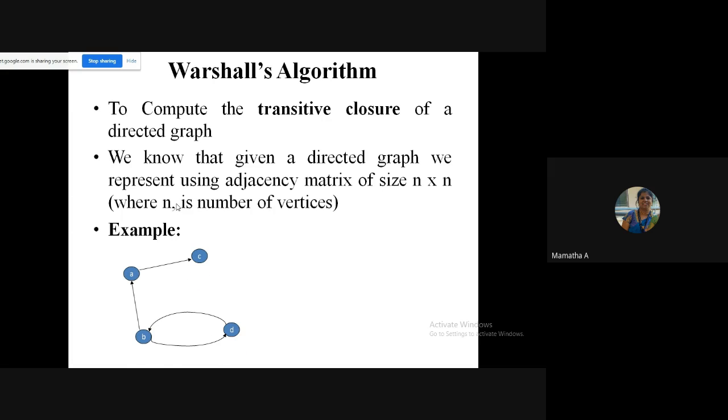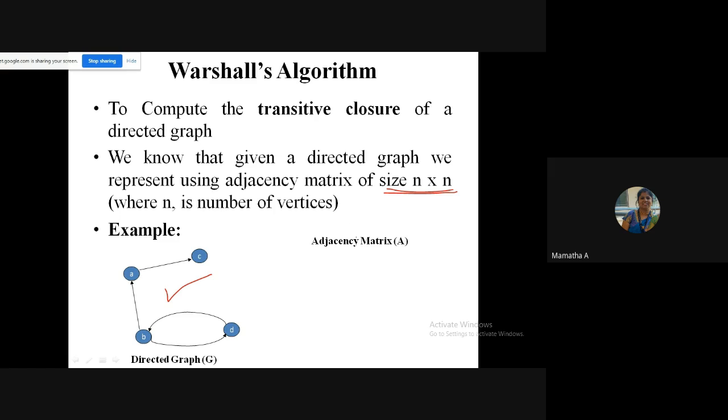Fine. So I'm just giving you an example here. So this is your graph, a directed graph. You can see the graph which I'm showing, all the edges are directed. So I have to draw one adjacency matrix for this. So how many rows, how many columns will I take? What is the size of my adjacency matrix, students? Quickly, for this graph. For this graph, what is the size of the adjacency matrix?